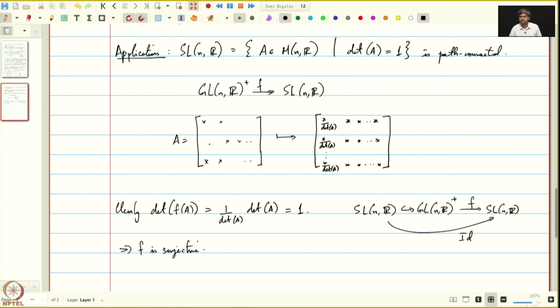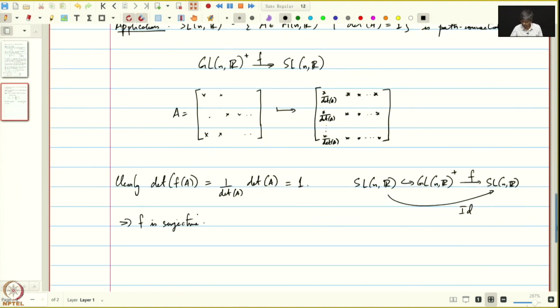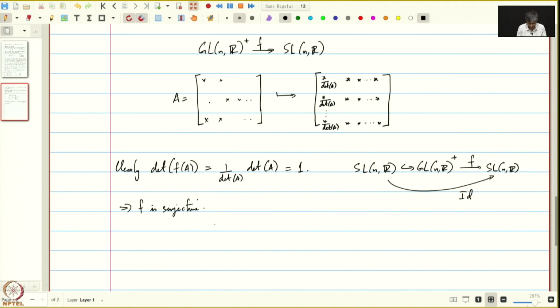So it only remains to show that F is continuous, but that is easy to see because SL_n(R) has the subspace topology from M_n(R). SL_n(R) is a closed subspace of M_n(R), and it has a subspace topology, and therefore to show that F is continuous, it's enough to show that